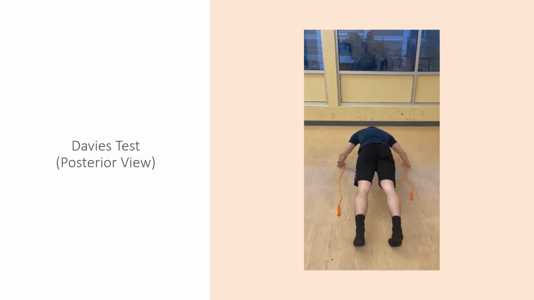So once again, the client was able to perform exactly 16 repetitions, similar to the first set of the Davies test that he performed, and you can notice that there is an excessive trunk movement during the Davies test here, and that could be contributed by underactive or lengthened local core stabilizers, and there's also that excessive anterior pelvic tilt,